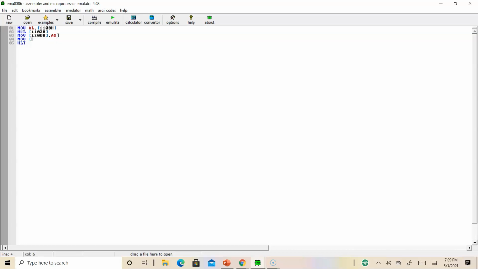Because the overall result is stored in the AX register, since it is 8-bit into 8-bit multiplication. The lower 8 bits will be stored in the AL register and the higher 8 bits in the AH register. So it is enough to store only the AX register if you are performing 8-bit multiplication.